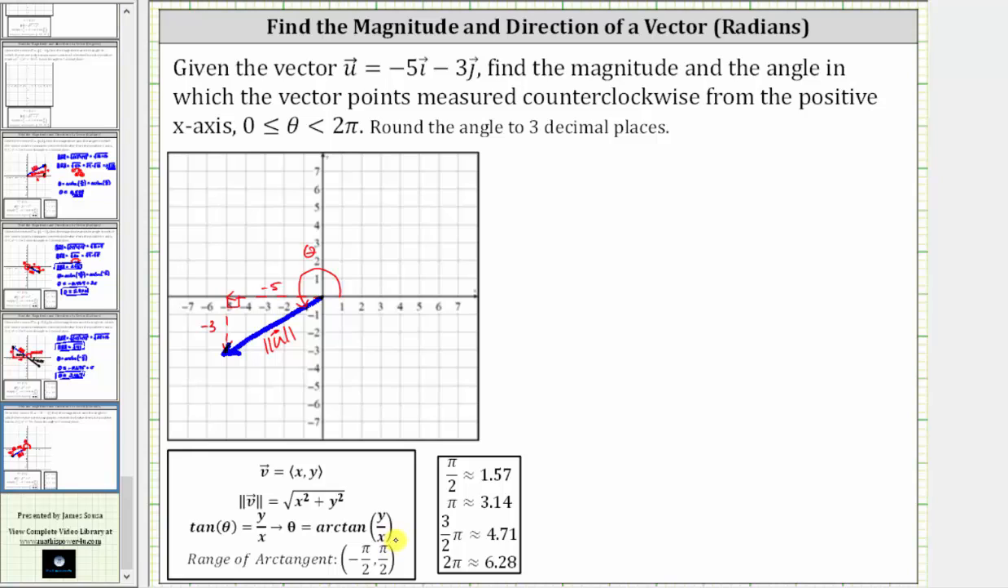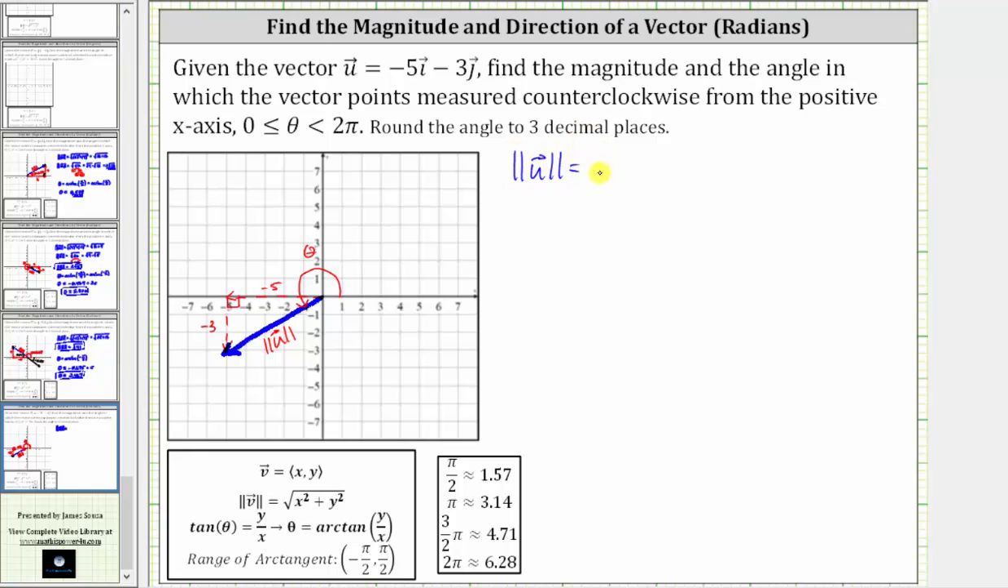But we do have to remember that the output or range of arctangent is the open interval from negative pi over 2 to positive pi over 2, and therefore the calculator is not going to give us this angle in the third quadrant, but it will give us the reference angle that will help us determine the angle in the third quadrant. Let's begin by determining the magnitude of vector u,